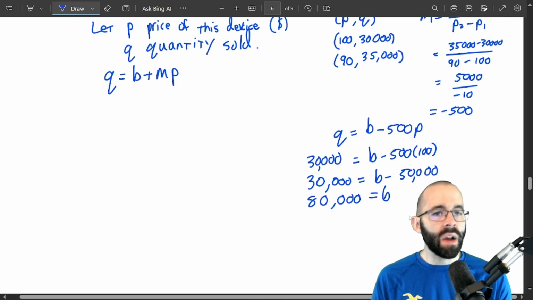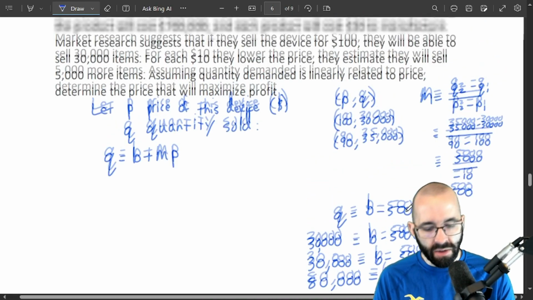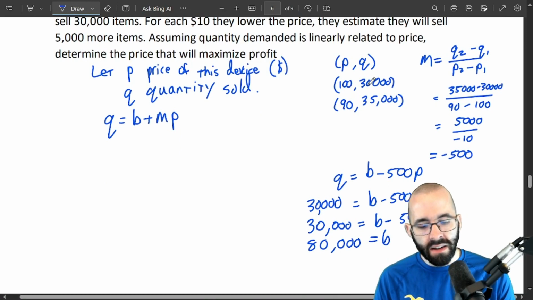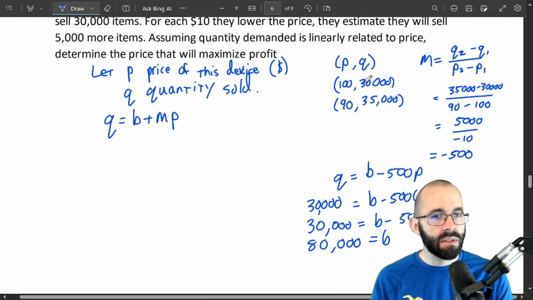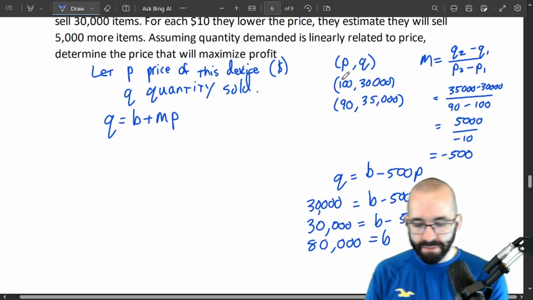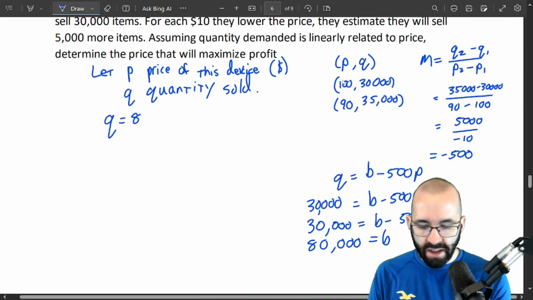That's only one way of finding the B value. There's another way, right? If every decrease of 10 increases quantity by 5,000, then if we decreased by 100, from our starting value when the input's 0, quantity should increase by 50,000. 80,000 now. So either way, we know that Q is B, just 80,000,